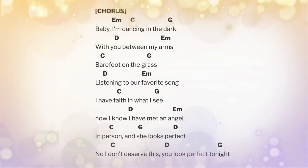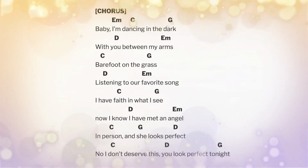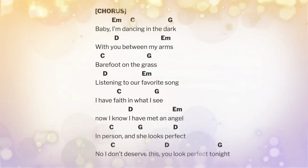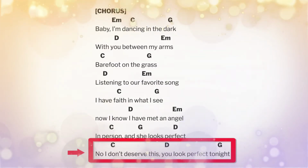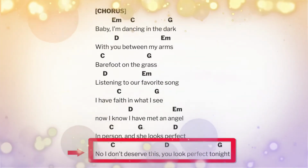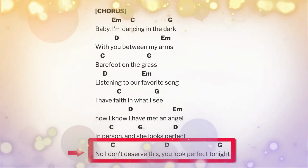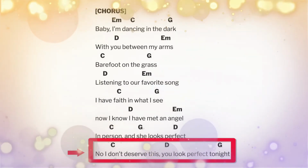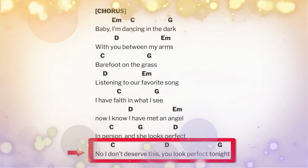The third chorus, you play the chorus normally with your E minor, C, G, D pattern. The only thing is you end this time where he goes, "And I don't deserve this, you look perfect tonight." So he adds on that second addition to the chorus, and you end on a C and a D and a G. And then you go into that